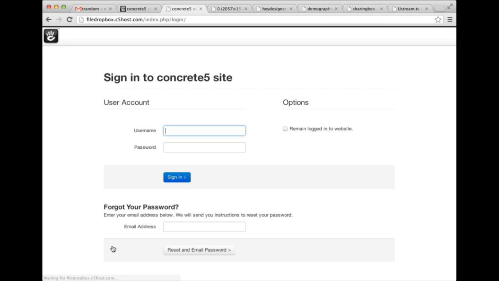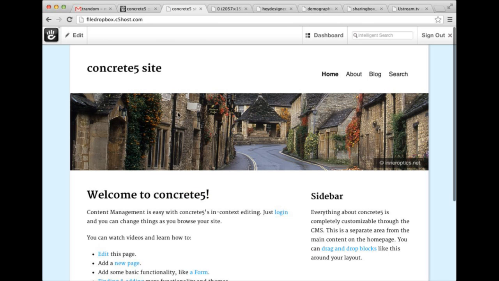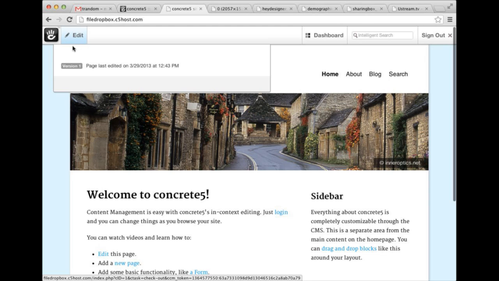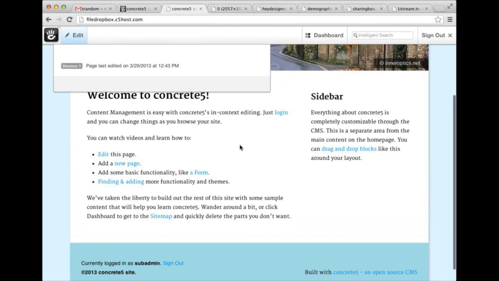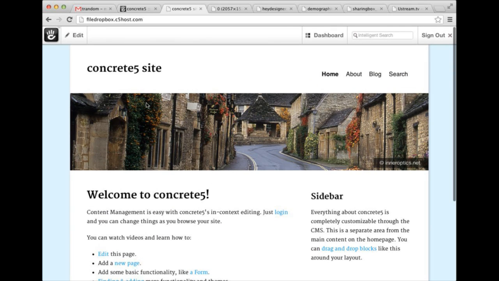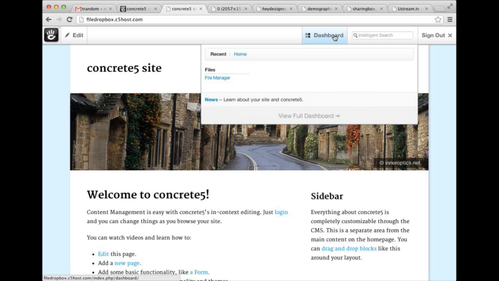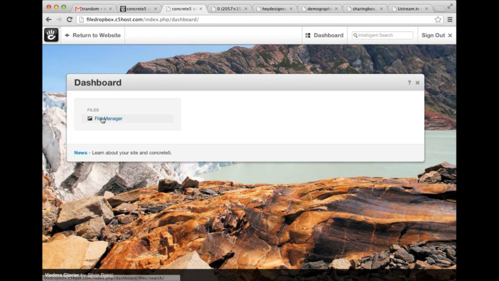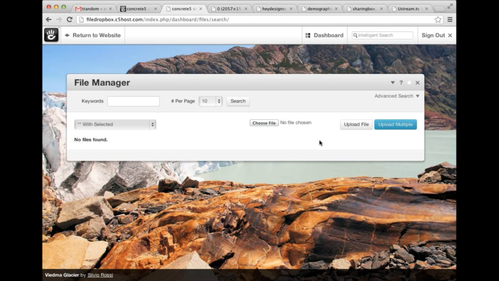Yeah. So now if I log in as my subadmin, you'll notice I get an edit button here. That's just because we don't hide the edit button even if you can't do anything, but I can't actually edit anything on this page because I haven't set up any edit permissions for this user. I've literally only given them access to the file manager in the dashboard. So if I come into the dashboard, you can see I have this one guy and no files found,